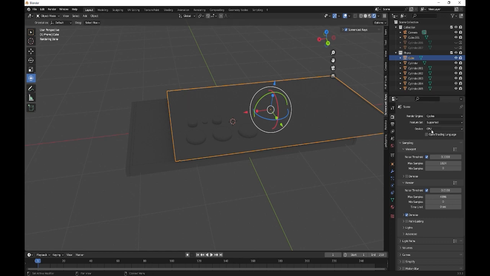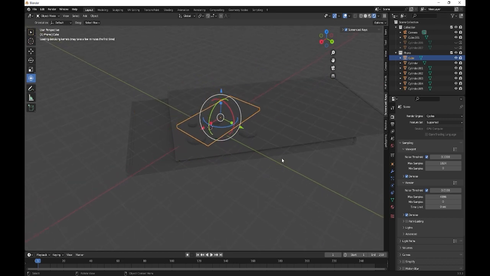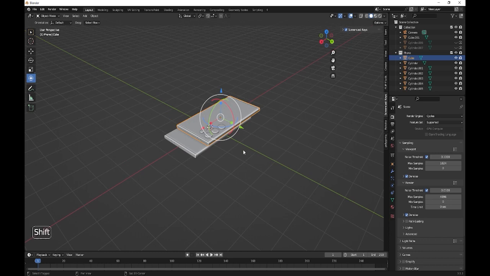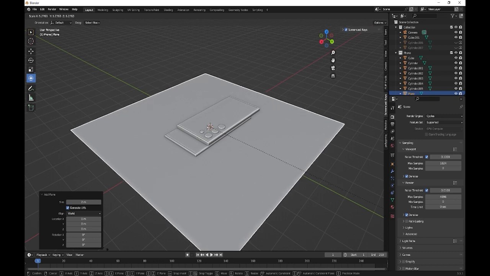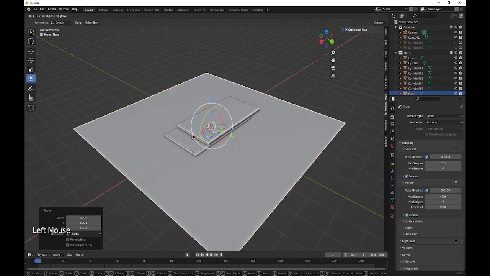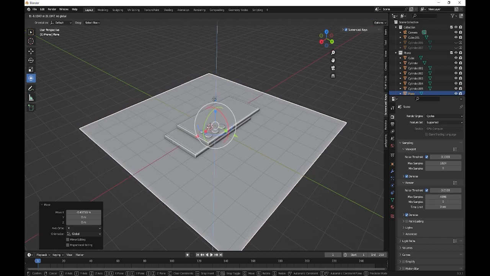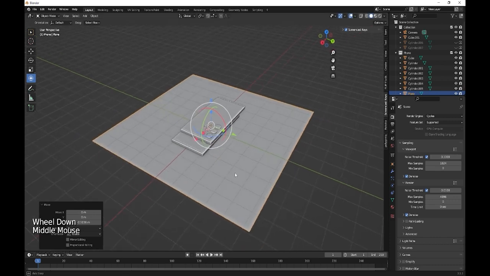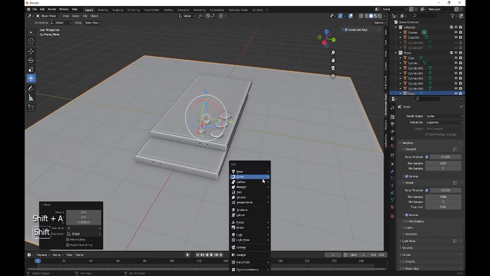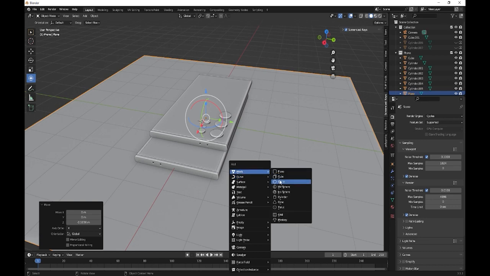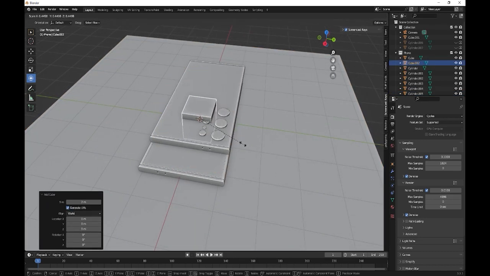I think we need a bit of light in here as well. So what we're going to do is Shift A. We're going to put in a plane, scale that up. Let's just move it down. Okay. And we need to make the stylus, so we're going to make stylus, Shift A, another cube, scale that right